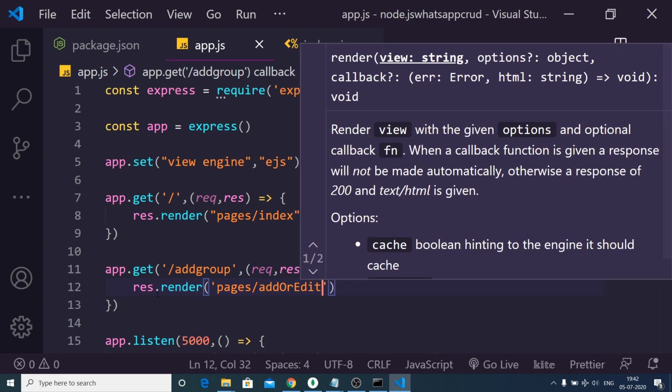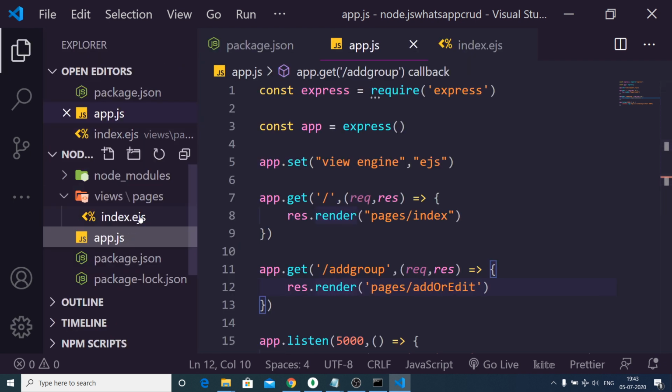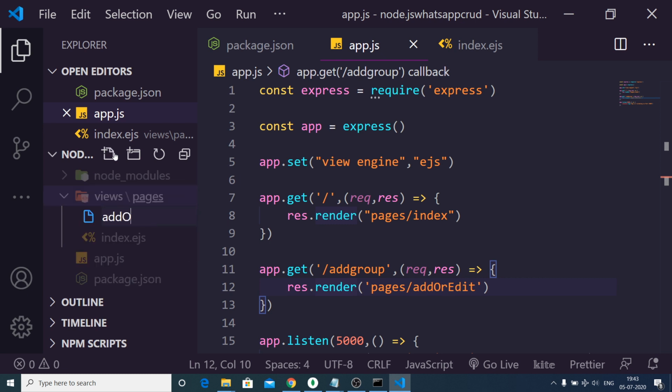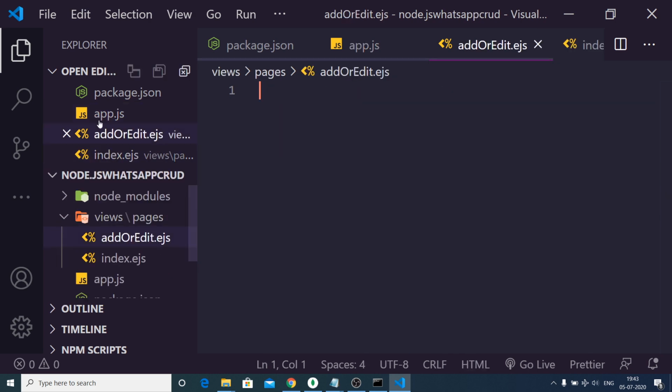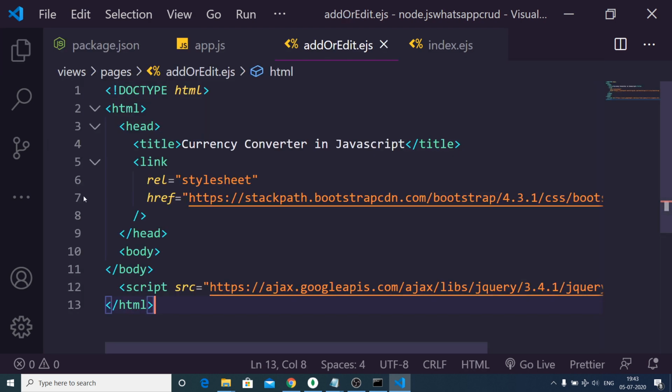Sorry, we do not have to write any sort of extension. So here we need to create a second file for this. Go to the pages directory and this time create another file, add or edit .ejs. Similarly we will write this template with Bootstrap.